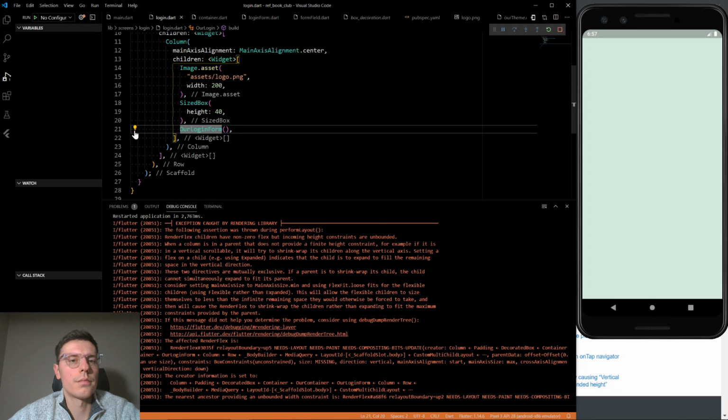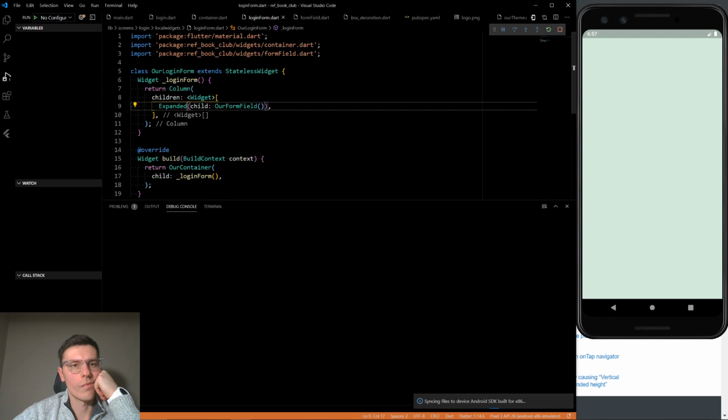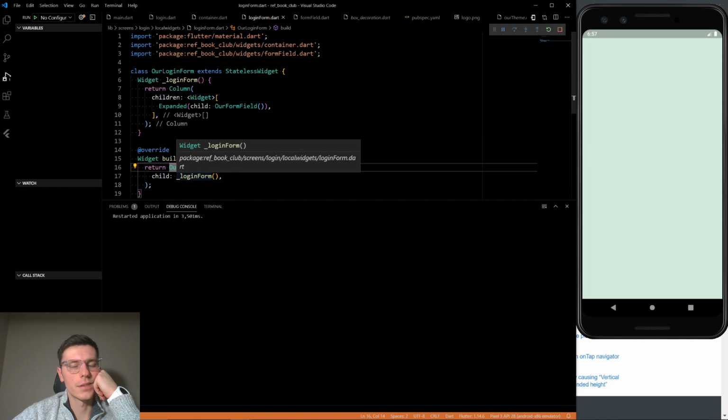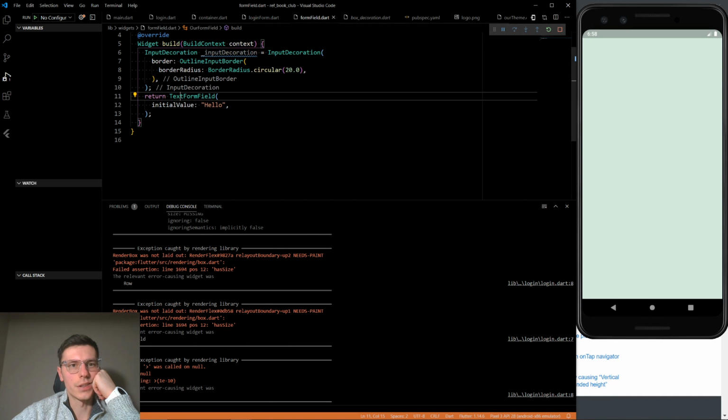Our login form. Let's see if we wrap this in expanded. No. All right. Parents shrink wrap the child to size. So our container, then inside the column we have a container, right? Just to get over here, maybe